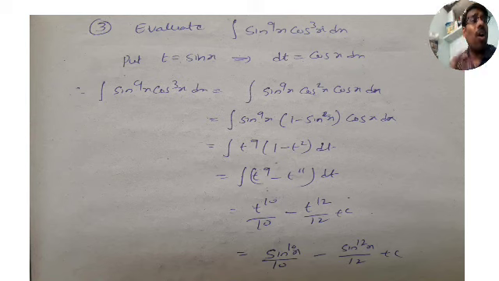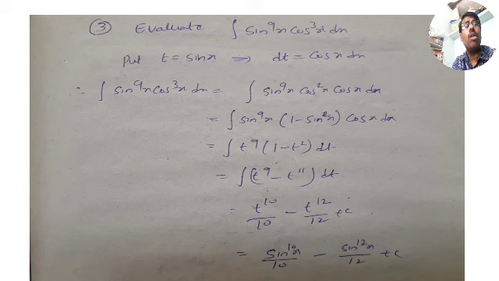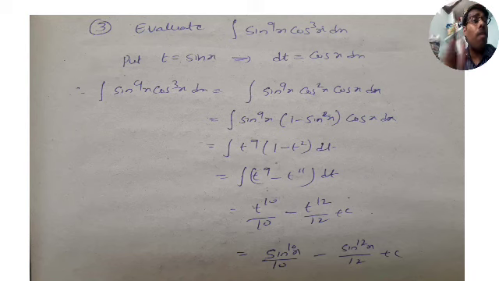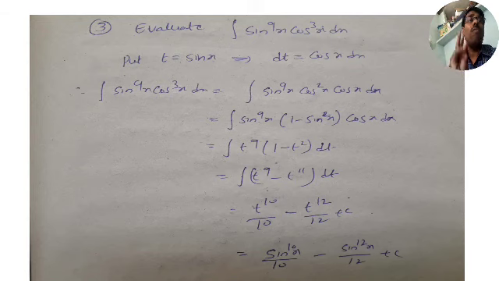Yes. That's it. If you are able to get the substitution, then 90% of the problem is complete. So what is the substitution? What is the substitution, guys? Put t is equal to sin x. Why put t is equal to sin x? If both the powers are odd, which power is greater? If sin power is greater, put t is equal to sin x itself, and if cos power is greater, then put t is equal to cos x itself.